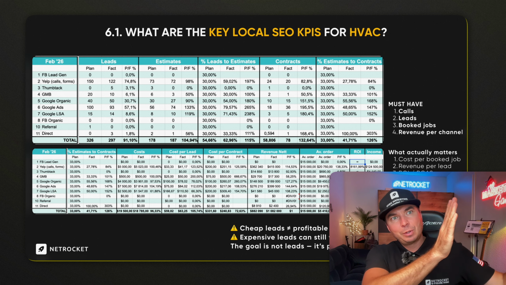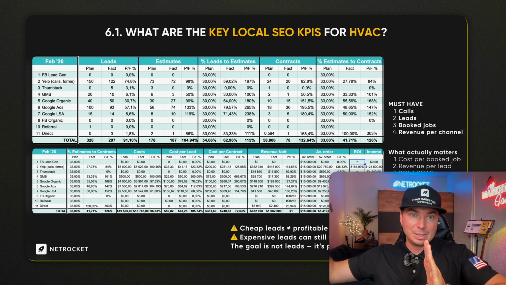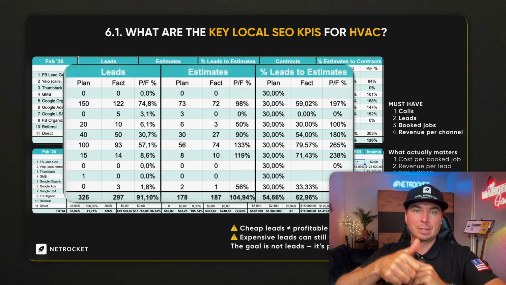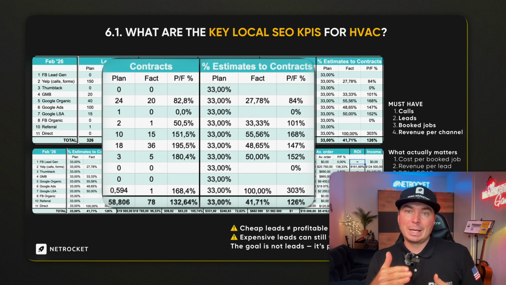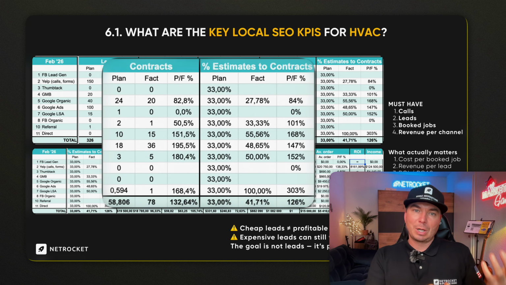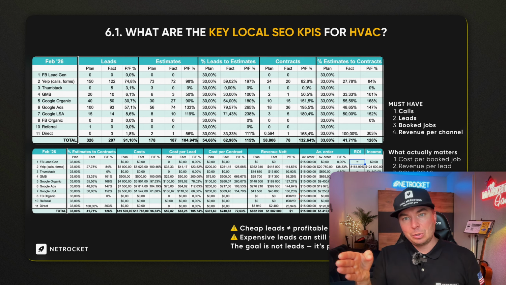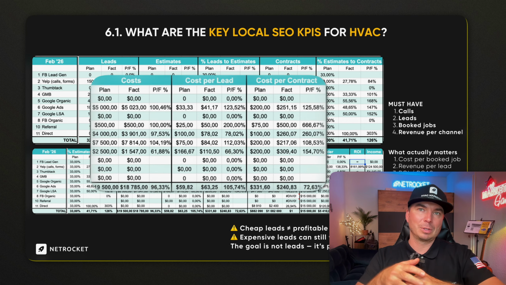After we track everything in marketing, then we need to track everything connected inside of sales. So the leads, then the estimates and the conversion to those estimates, how many estimates we had, and then how many contracts we got. And each of these results should also be calculated budget-wise, and the conversion for the next stage. And then in the end, we need to calculate what is the cost per lead, of course. What is the cost per contract?